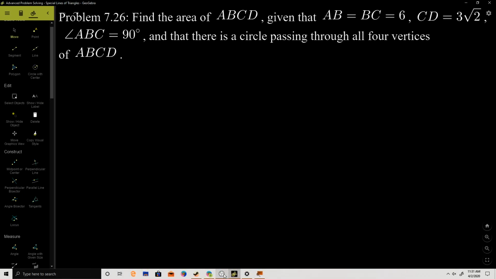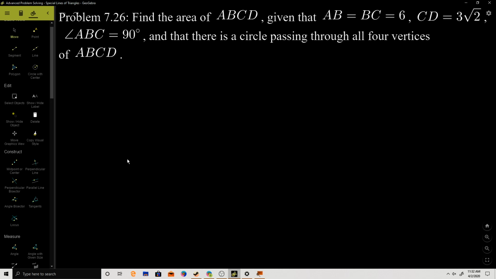Hello everyone. So now that we have learned all there is to know about these lines, the different special types of lines of triangles, let's try to solve some problems using the various different properties. So starting with problem 7.26, find the area of ABCD given that AB equals BC equals 6, CD equals 3